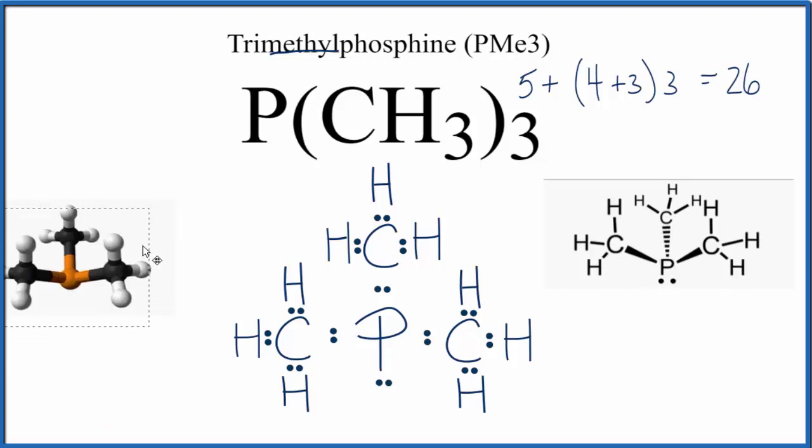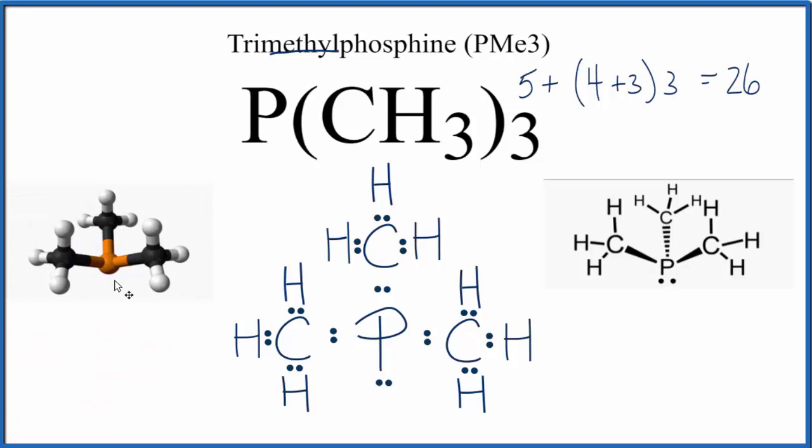Another way you could do is kind of a ball and stick representation. This is the phosphorus here, orange, and then these are the methyl groups. We're not showing the lone pair in this representation. Either way, this is the Lewis structure